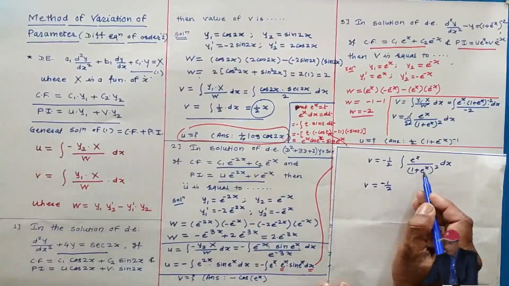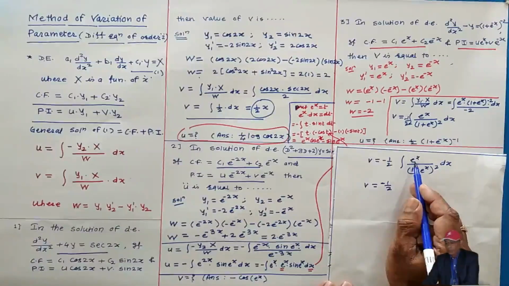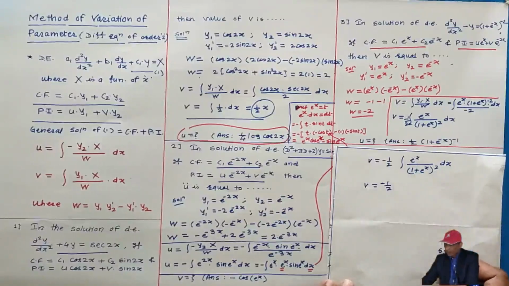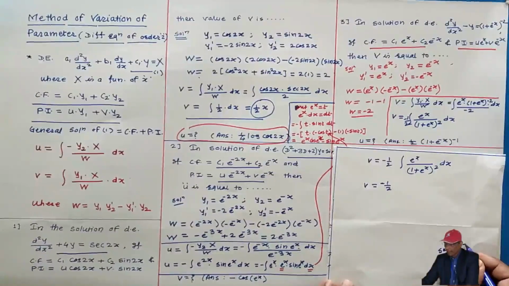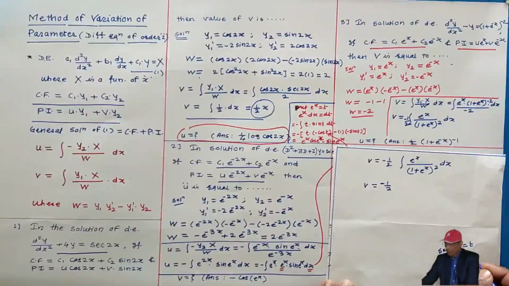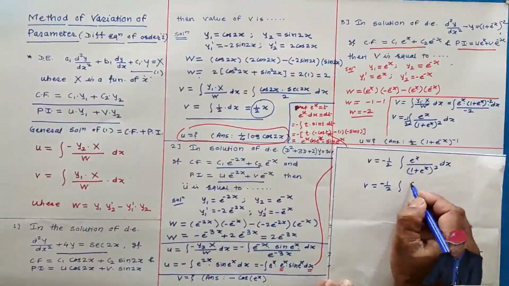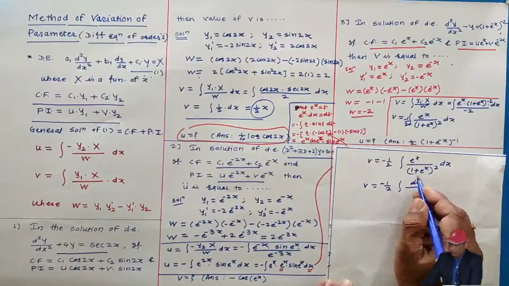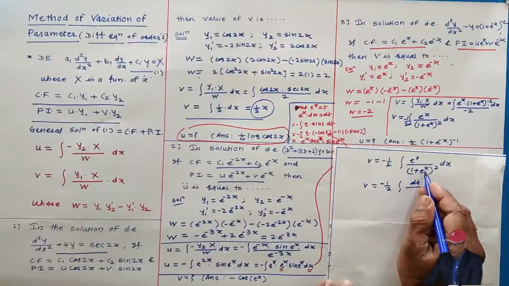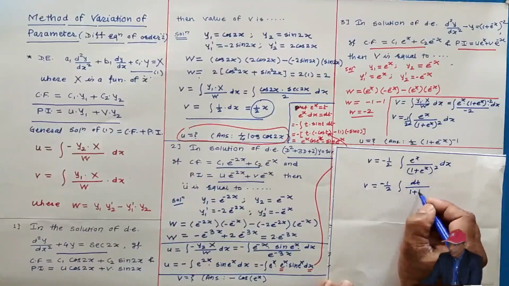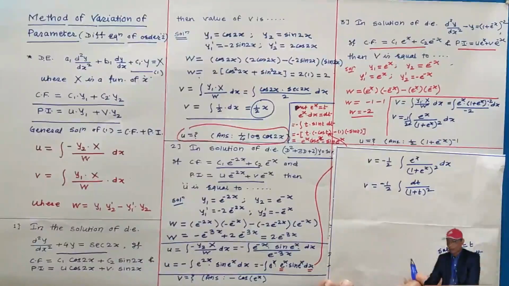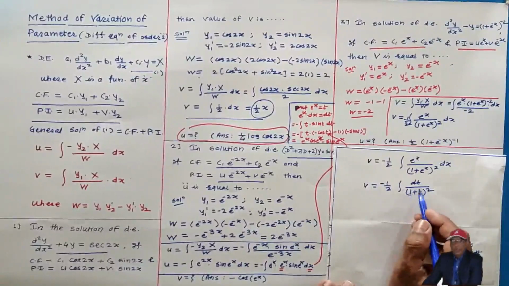So if you look at this integral, the derivative of e to the power x is present in the numerator. So what I am going to do is substitute e to the power x equal to t. The derivative of e to the power x is e to the power x into dx, and the derivative of t is dt. This becomes e raised to x dx is dt, and 1 plus e to the power x, or 1 plus t, I am writing here. Now the integration of this becomes simple.